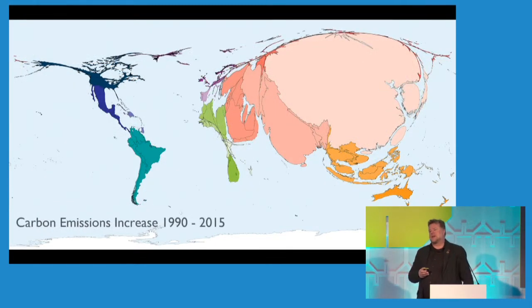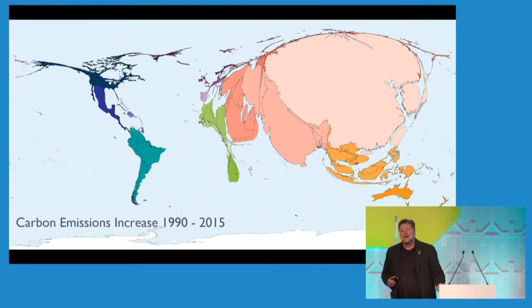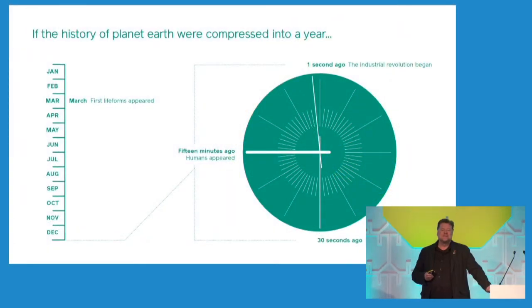So if you then plot that against time, the planet's been around for 4 billion years. And 4 billion years, well, unless you're a billionaire, is a difficult thing to comprehend. So if you map it out in the space of a year, so if a year was 4 billion years, that means that mankind has only been on the planet for 15 minutes before midnight. And in fact, recorded history is only 30 seconds before midnight. And the Industrial Revolution is 1 second before midnight, so 1 second of a year. So within probably a third of a second, a blink of an eye, we've managed to create this sort of environment on the planet. So actually our impact is massive, and that probably frames the challenge that we now face.